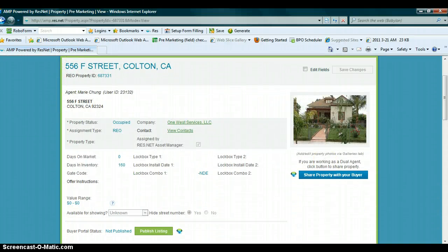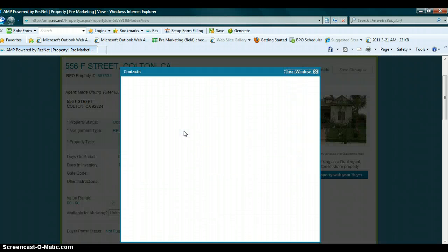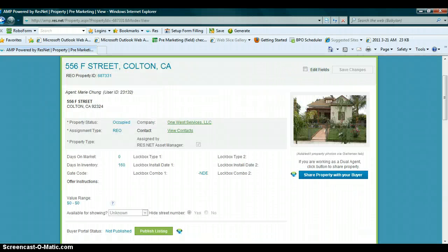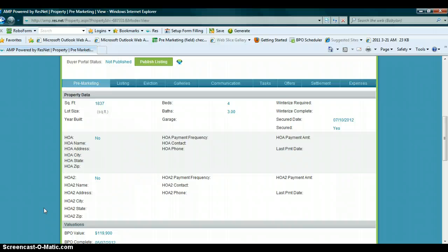Then it has its front photo. Then property status, property is still occupied. It's an REO property. And for the view contact, just click it, and it would give you the information of the vendors and the asset manager, just like this. And then let's scroll a little bit, and it would give you several information regarding that property, the pre-marketing,